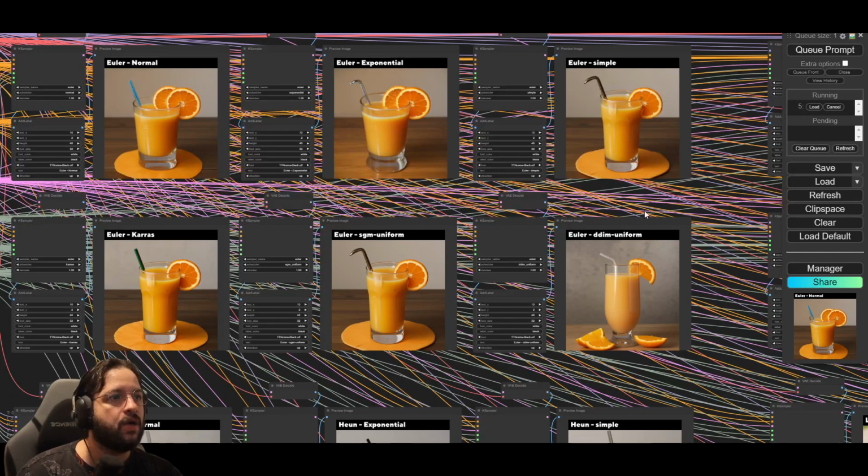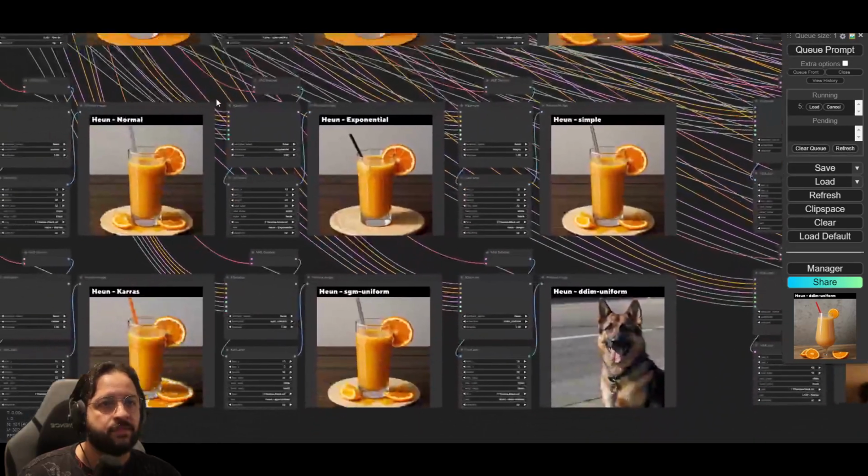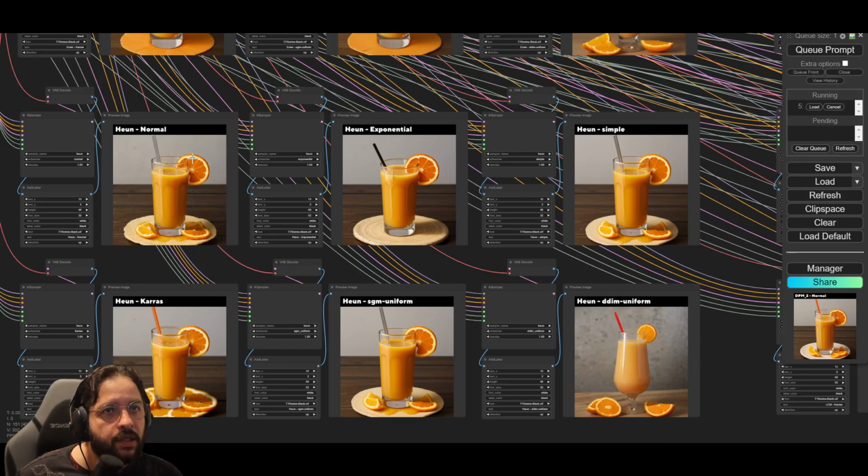On Euler, let's choose one. Euler and Karras seems more delicious. In Heun,